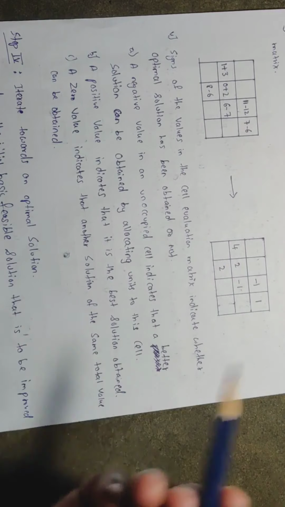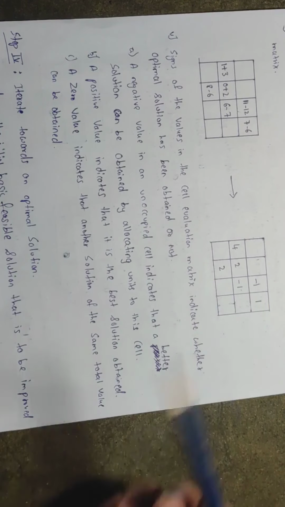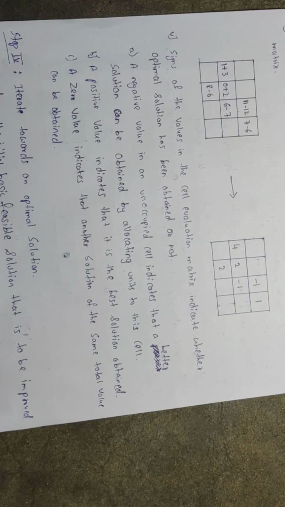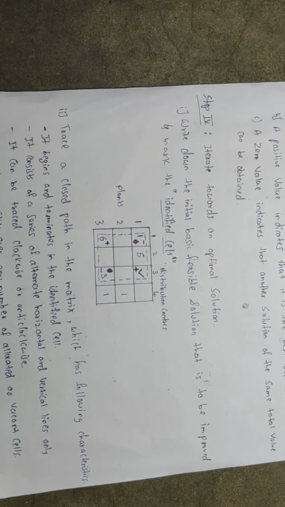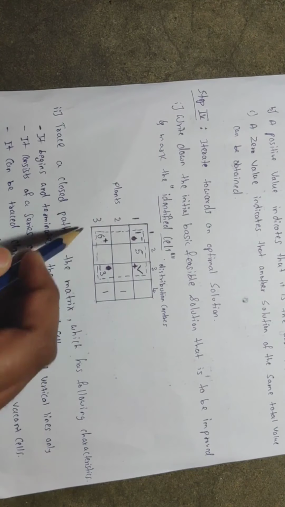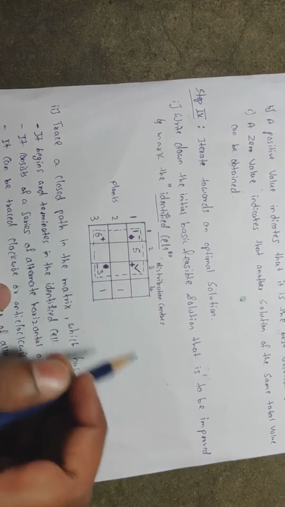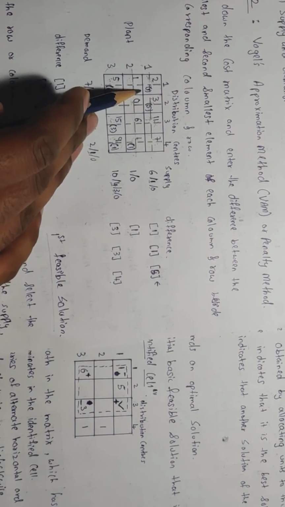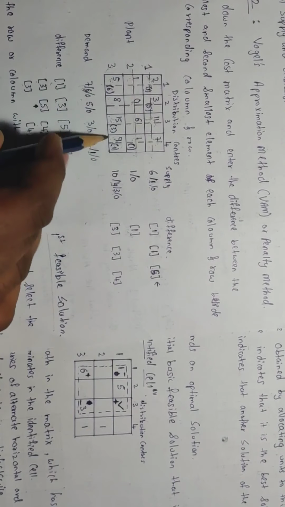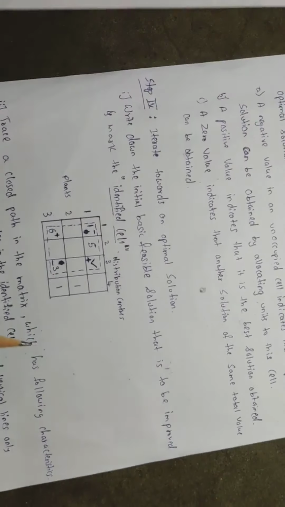Now in this last stage we have got two negative values, and both are the same value, that is minus 1 and minus 1. Now what we must do is iterate towards the optimal solution. I'm going to write a table with the same allocations I got in the previous Vogel's approximation method. I'm not writing the cost matrix, I'm writing the allocation matrix. So 1, 5, 6, 3, 1 I allocated.